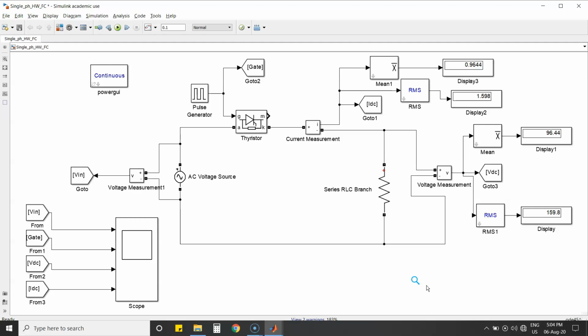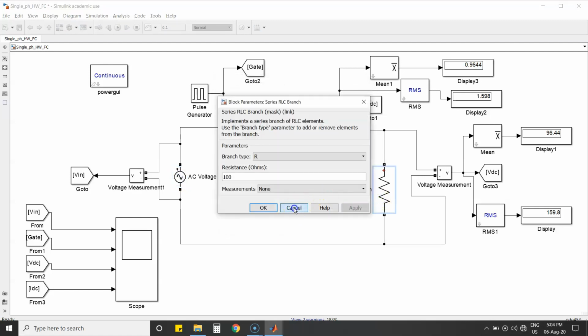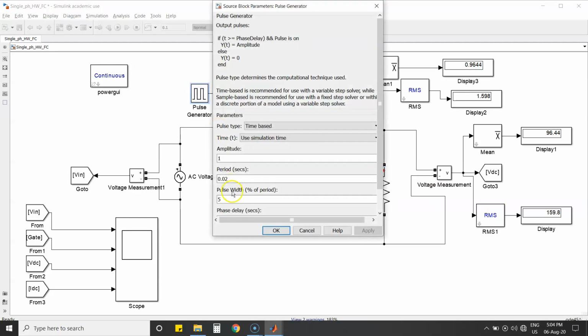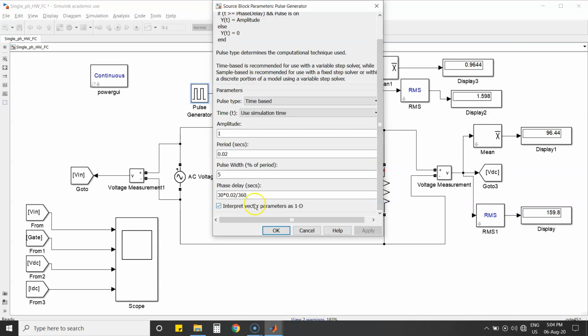You have to create a table where you mention the input voltage and load value, then the output current with the average value and RMS value. Similarly, the output voltage with the average value and RMS value, and compare these with the theoretical formula. In the formula, just substitute the firing angle. Here we have chosen the firing angle as 30. If you change it, the value will change, right?